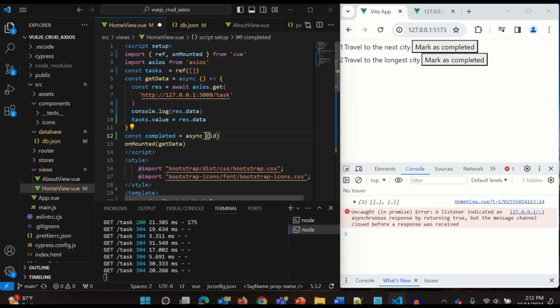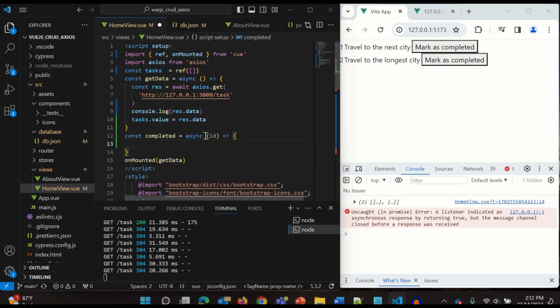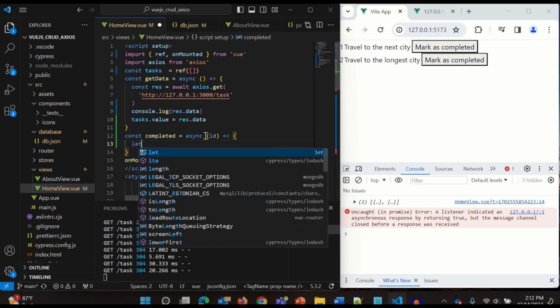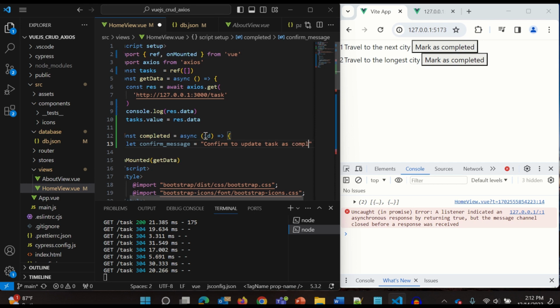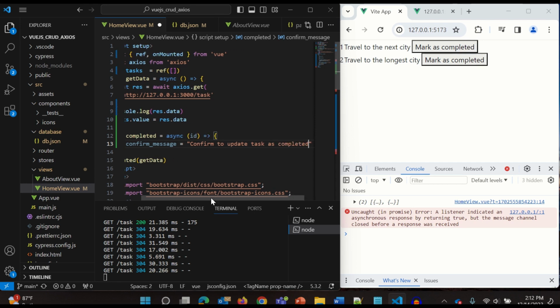Complete the idea as we are using a hero function. So before updating, let's first add the pop-up and the message that lets the user confirm the update. Confirm to update, task is completed. Okay, and after this